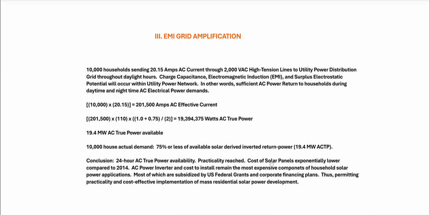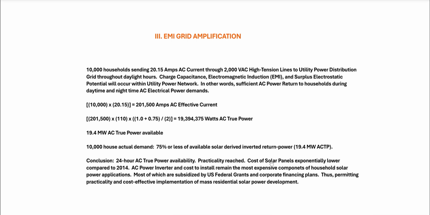And so incurred is the charge capacitance, and then a strong electromagnetic field and its induction. So that EMI grid acts like a giant inductor, where we can then establish this giant LC circuit, an inductor capacitor circuit. We then reach charge capacitance and then